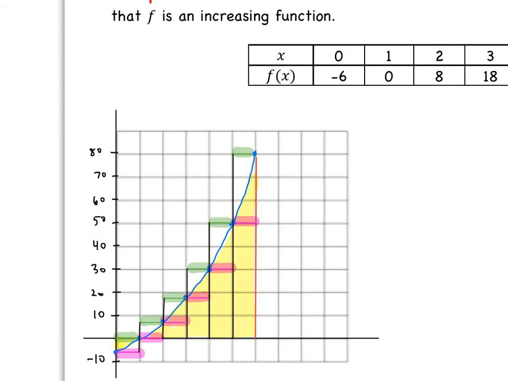So I plotted those points using the table, and I connected them. And essentially, we're trying to find the integral from 0 to 6. If you notice what I have highlighted in yellow, that's the area, that's the integral we're trying to find. Okay? So one thing we should notice is this piece here, we've got some negative values. All right, so for the lower estimate,